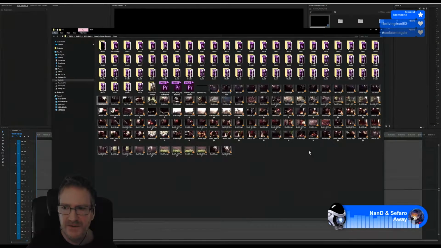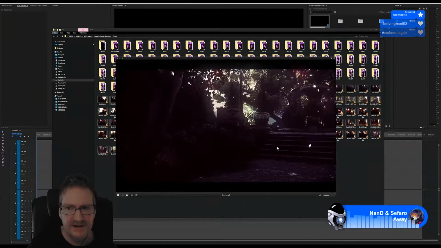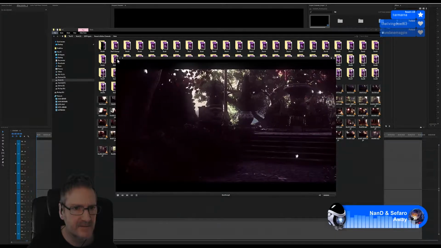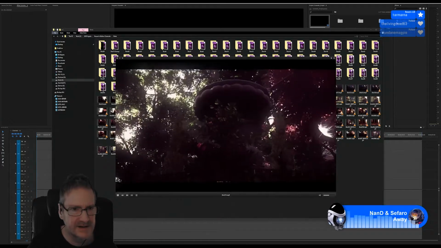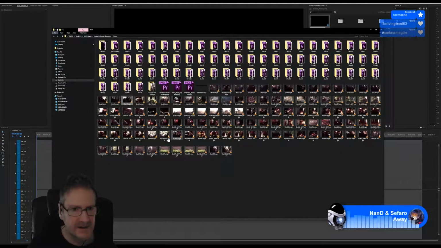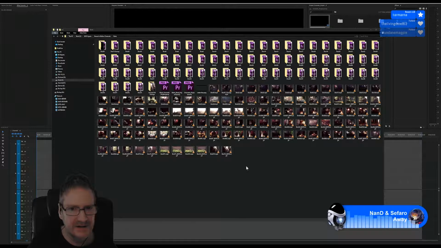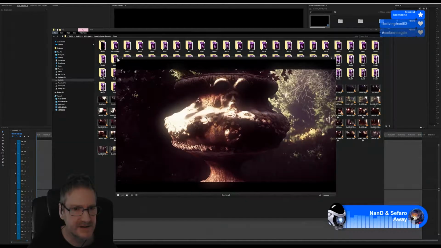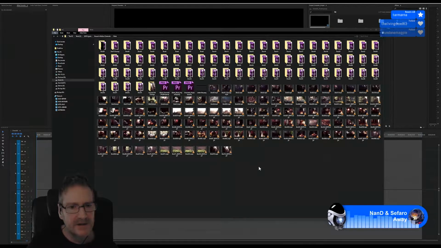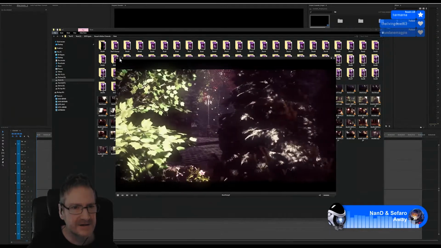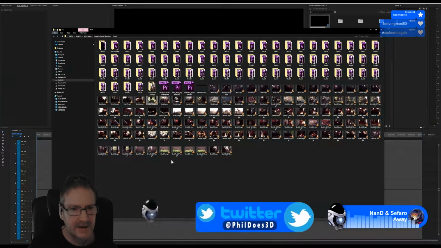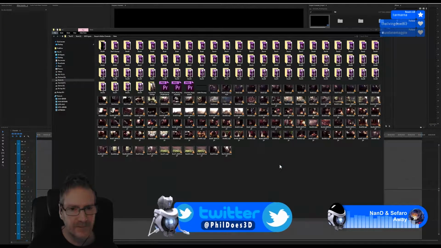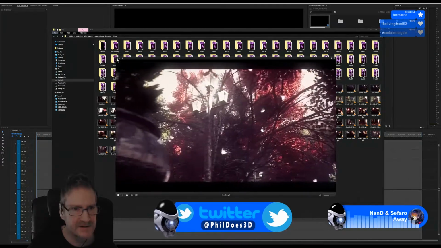And that one is going to be from shot 15. What's shot 16? 16 is still the terrace. 17 is the terrace. 18 is the terrace. 19 is the terrace. 20 is the terrace.